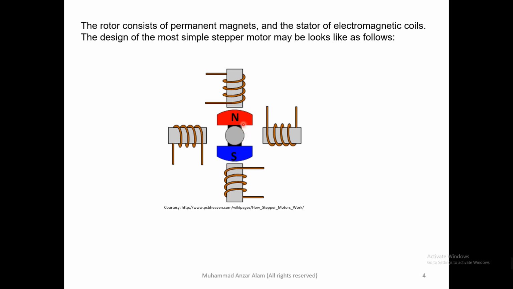Because it's a permanent magnet, it will always have a north pole and a south pole. So it depends where it moves, this side or this side, depending on the energization of one of the coils. Out of the four coils, if one coil is energized in such a way that this becomes this. If for example this coil is energized, it means